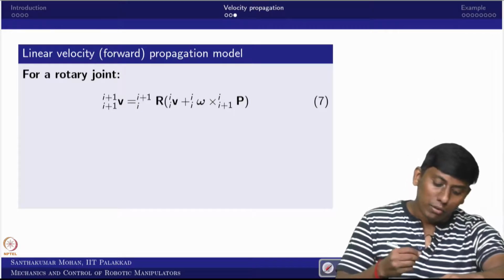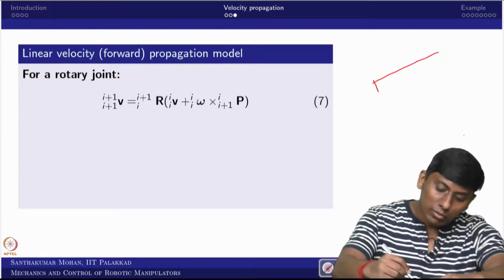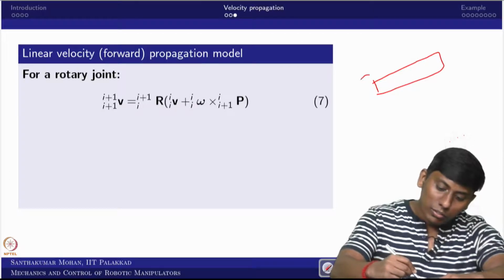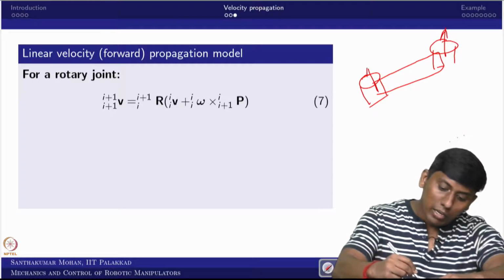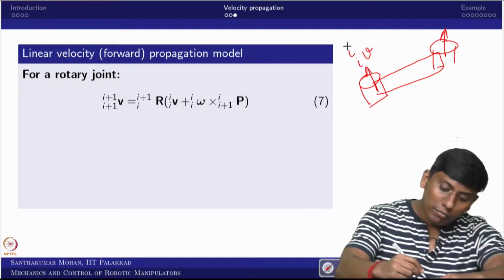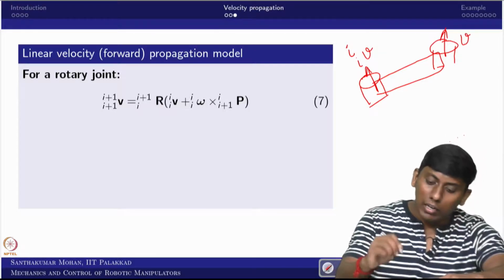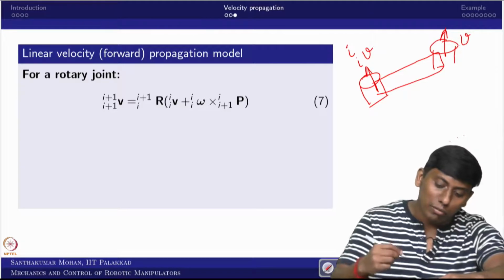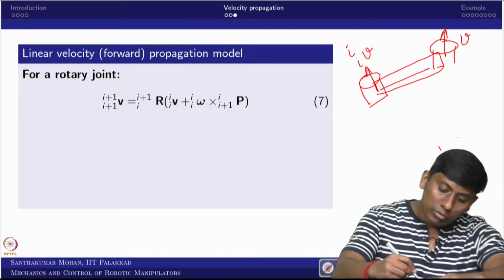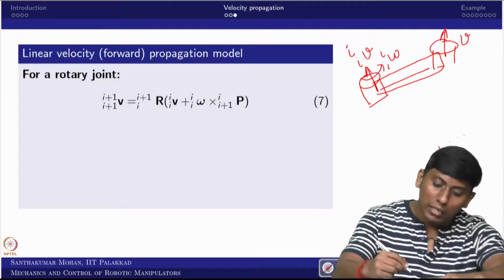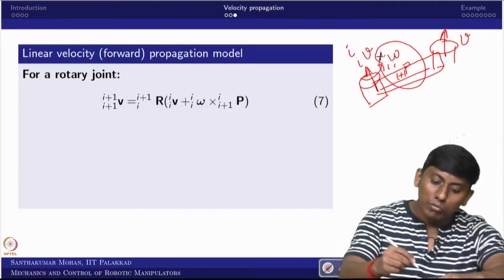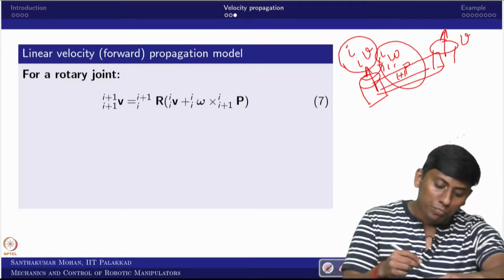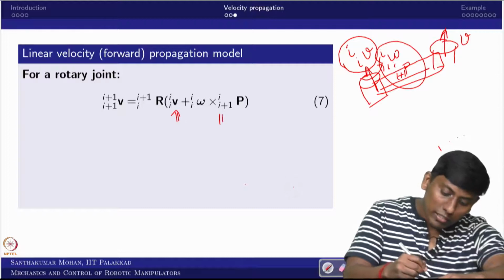Okay. So linear velocity propagation, what one can see, so this is one link. Okay. So this would have, you can see, a joint axis. Now we know the linear velocity of this, and here you can assume that I want this linear velocity. So what this is, is omega I with respect to I rotating, and this is the position vector of I plus 1 to I. So what will this give? This will give a tangential and this will give a slip. So that is what you can say, this is slip and this is tangential.